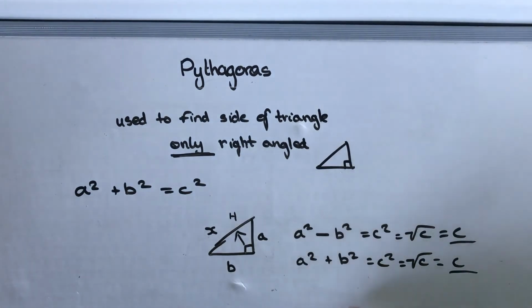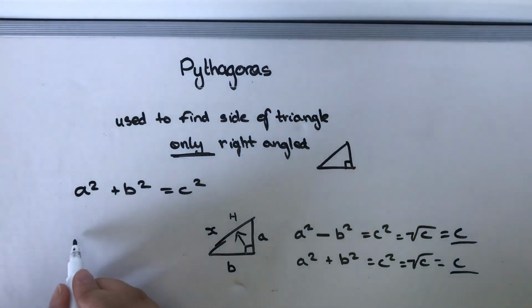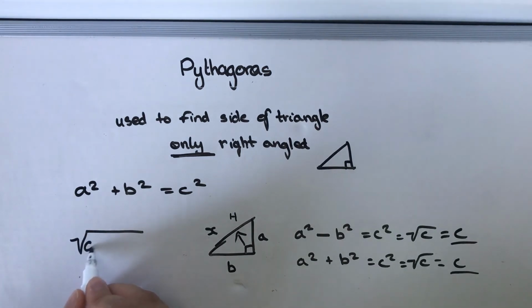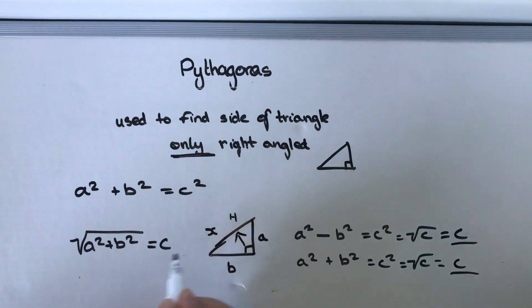Now, one way to shorten this here is just to put it all in a root. So we have a squared plus b squared in a root, and that will give us our final answer in